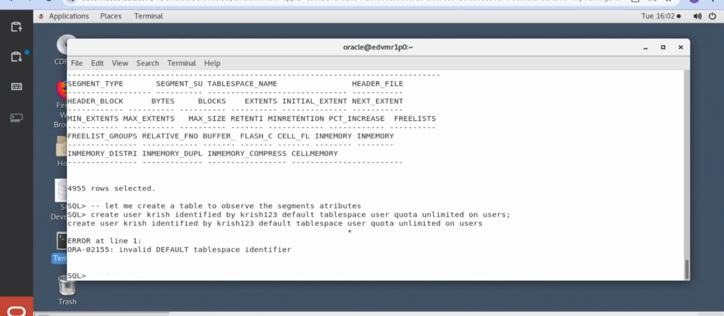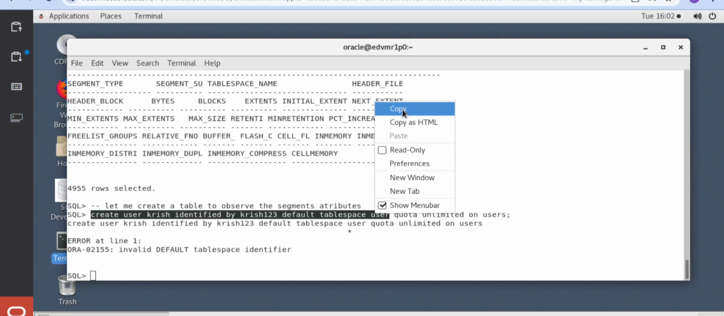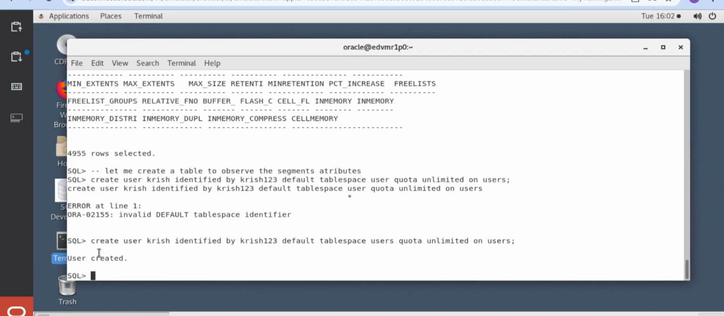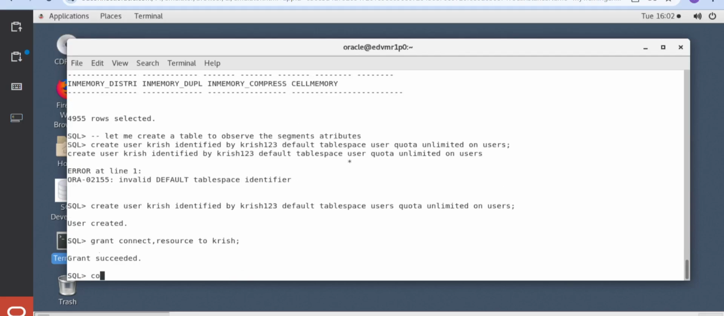Actually, the mistake here is I have mentioned just user, but the name of the table space is users, so I have to provide users. I am re-executing the same command with users. After that, see here the user Krish is created. In order to connect as Krish and create tables under the user Krish, we need to grant the resource and connect options to the user Krish. After giving the grant, we'll try to connect to the user Krish as connect Krish